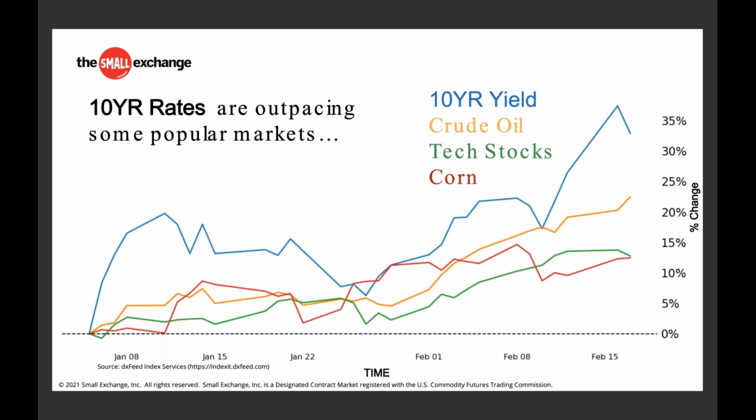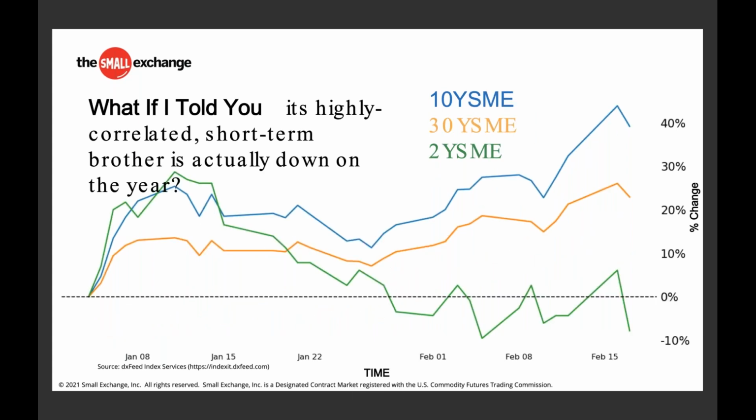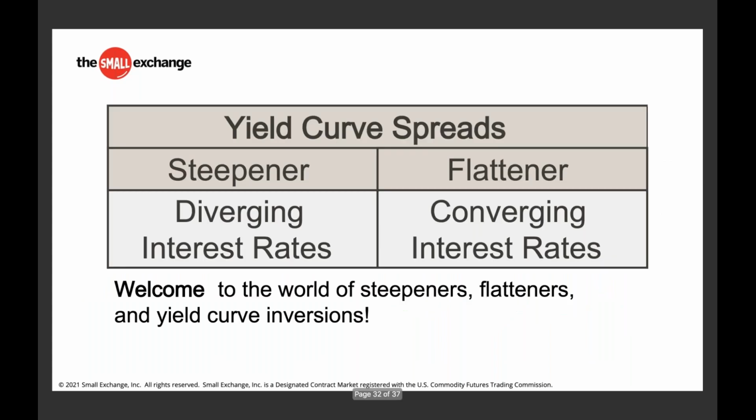And we love the fact that newer participants in the market want to see different products, different asset classes outside the traditional stocks. But this 10-year yield alone has outpaced these other asset classes. And now, getting back into that pairs trading vein, what if I told you that its highly correlated short-term brother here, the 2-year, essentially the same product, a yield on the US Treasury, just a different duration, is actually lower on the year. Now that is a really intriguing pairs opportunity,